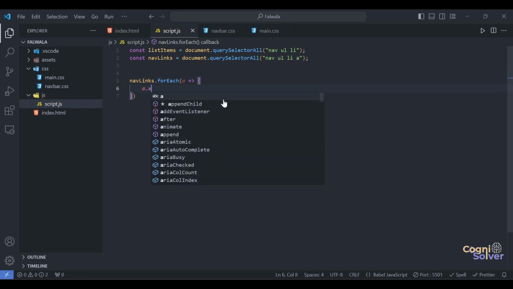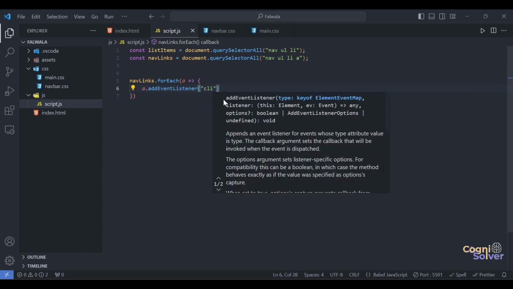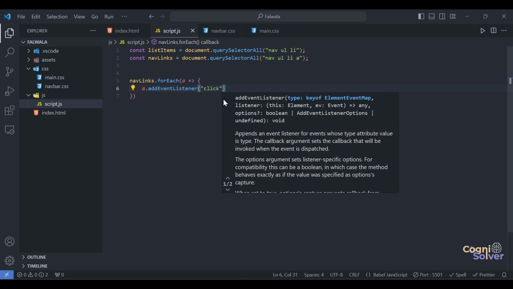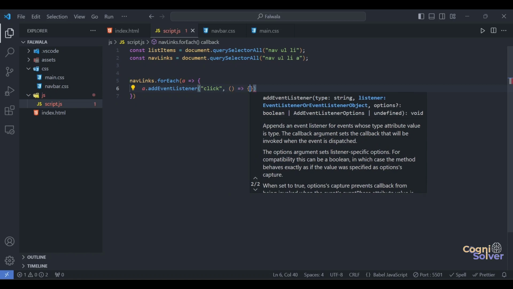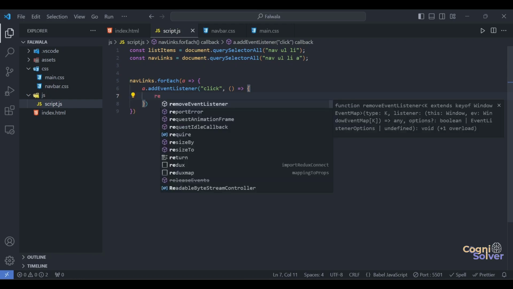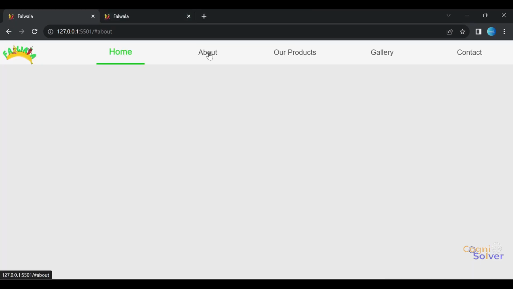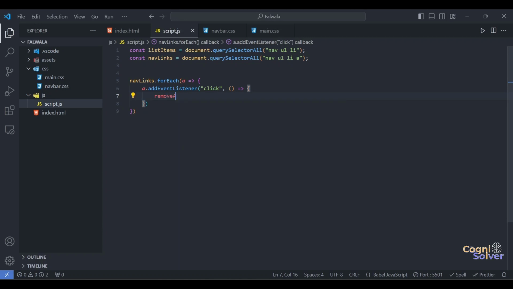So I'll say A dot add event listener. What is the event? Obviously click event, because I want to click those links. So when that thing is clicked, a click event will be fired, and I'll listen to that event. I'll do what? I'll remove an active class. Suppose I'm clicking on about, so the active class from home should be removed, right? So I'll remove active class